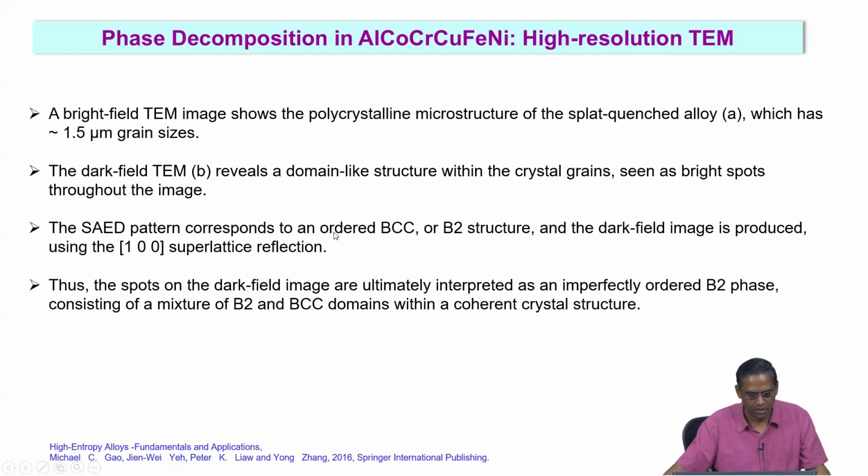The SAD pattern corresponds to an ordered BCC or B2 structure, and the dark field was produced by the 100 superlattice. The spots on the dark field image are ultimately interpreted as imperfectly ordered B2 phase, consisting of a mixture of B2 and BCC domains within a coherent crystal structure. So, this is the result of that analysis,